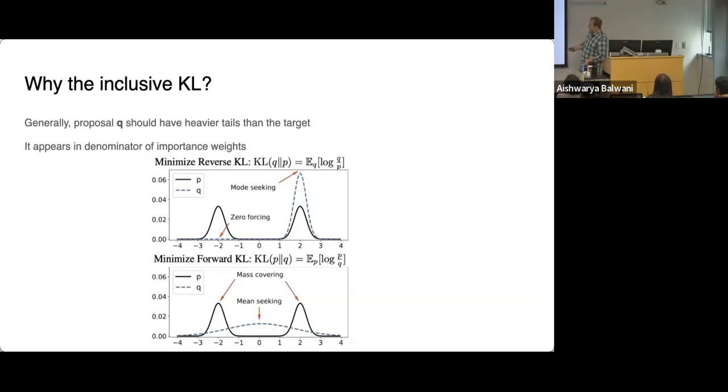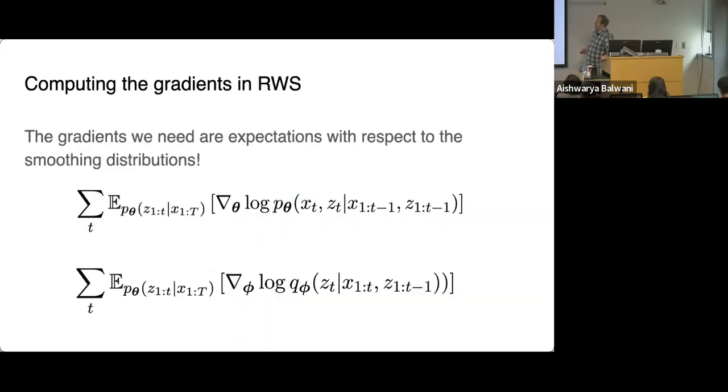If you do the opposite, if you minimize the forward or inclusive KL from P to Q, what you get is a log P over Q, and this has the opposite behavior. This is mean seeking and mode covering, and so this gives us generally broader or heavier tailed approximations Q. That's what you want when you're doing importance sampling. You would rather err on the side of being conservative and proposing too broadly than proposing just in one mode and perhaps missing important modes of your posterior distribution. So this is one argument for why inclusive KL.